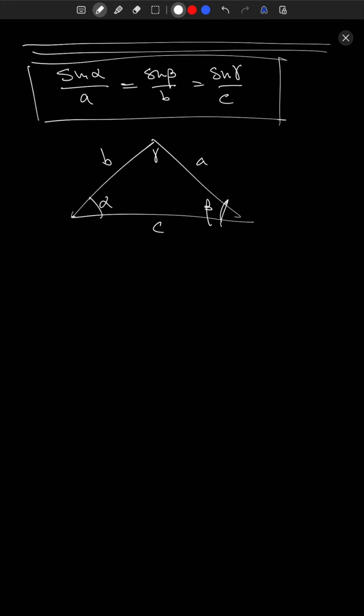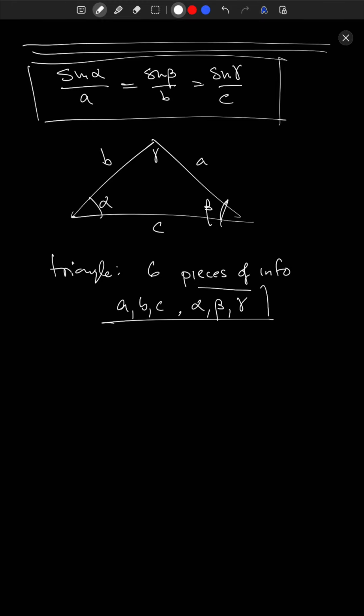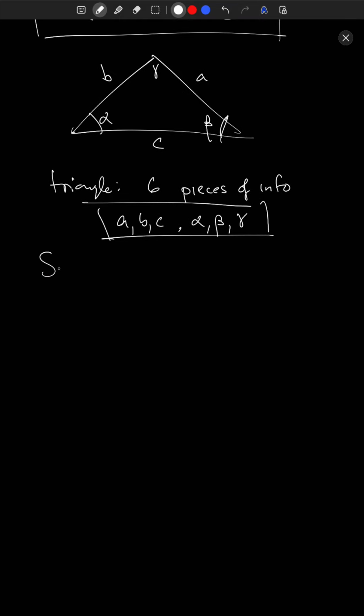All right. So what do we mean by solve a triangle? So what we mean is we have a triangle. There's 6 pieces of information given any triangle, right? So a triangle consists of 6 pieces of information. The sides, A, B, C, and the angles, alpha, beta, gamma. All right. So when we talk about solving triangles, what we mean is problems like I give you a certain number of these pieces of information,